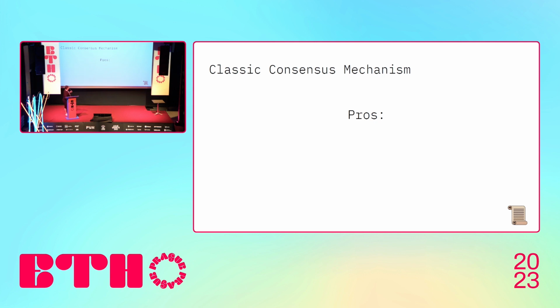So the advantage of a classic consensus mechanism is you have fast confirmation times. Which means that, let's say, if you're submitting a batch to the base layer, if you don't have an external consensus or some kind of economic confirmation, you have to wait for Ethereum to finalize, which is usually quite slow. And using a classic consensus mechanism allows you to have off-chain economic guarantees that your transactions will be added at some point in a given order.